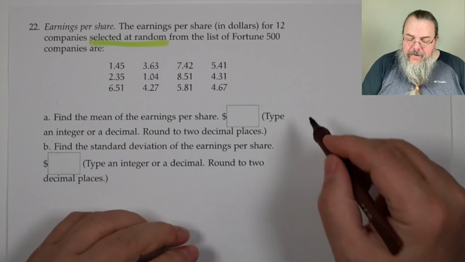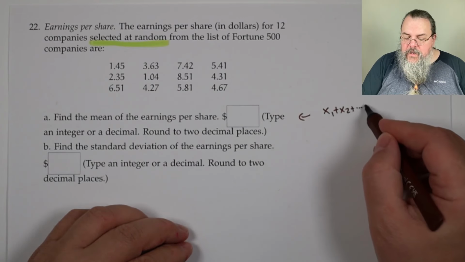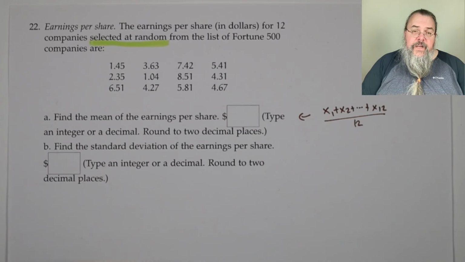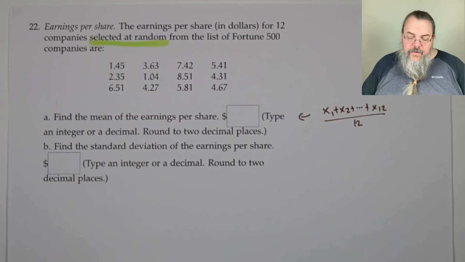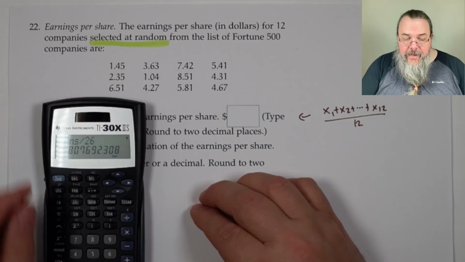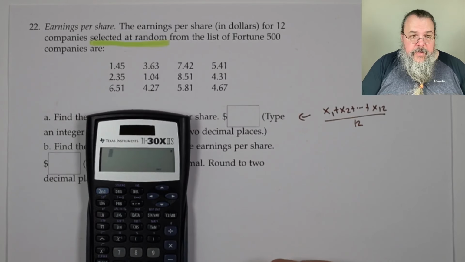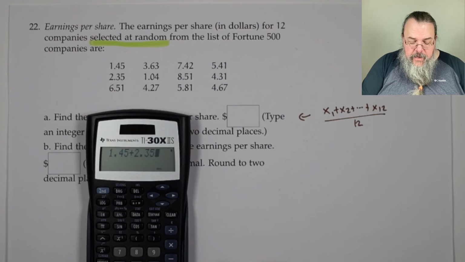So we're going to say, that's like you add x1 plus x2 plus up to x12, because there's 12 data points, divide by 12. So we're going to add all these numbers up, then divide by 12. There's a lot of calculator action on this one. Okay, so clear. And 1.45, I'll go down the columns, plus 2.35. Here, just be methodical. Next column, plus 3.63,